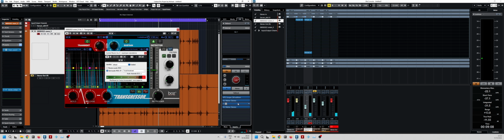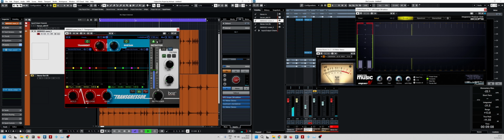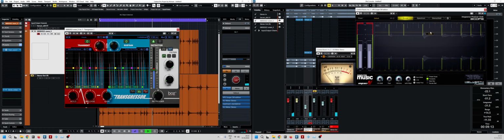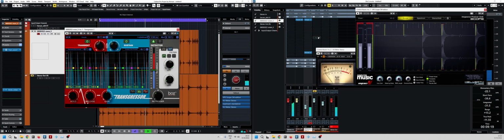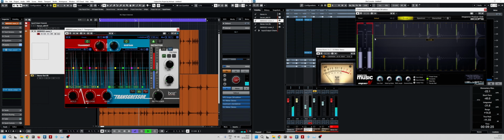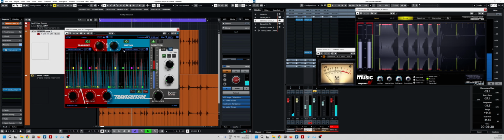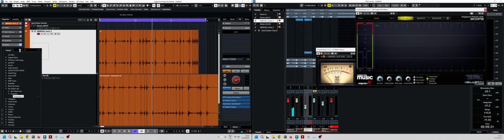Especially if you look at the scope here, and it's still finding transients, but this is good. One thing I like about this scope is that it basically tells you if your transients are too loud. It's just like, look, you've gone overboard, you're going to kill someone's ears. So bring it back a bit. I really like this thing. Can't believe it's free. Yeah, so Transgressor is really good. You can split. And another one I use is the one by Native Instruments, but not so much anymore because,